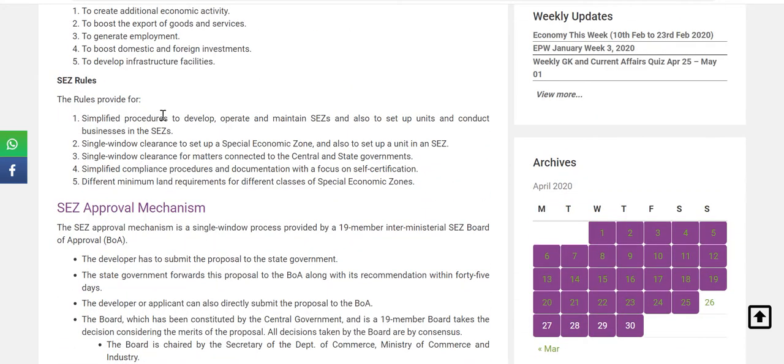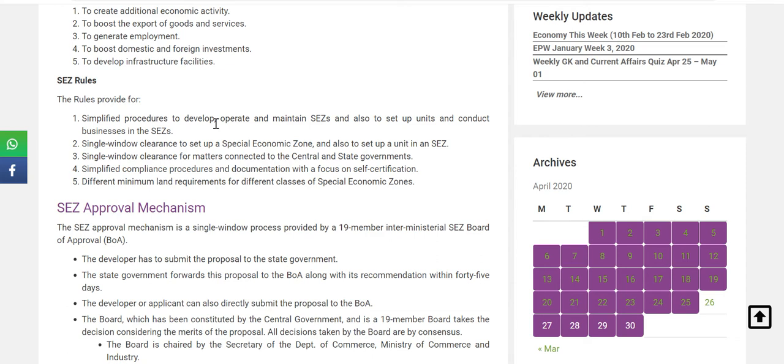Now, what are the rules for SEZ? Simplified procedures to operate, develop and maintain SEZ, single window clearance for matters related to central and state governments, simplified compliance and documentation. The objective is to make the documentation process and all procedures simple, so that the SEZ can easily come up without any hassle in procurement of land or documentation, so that there is smooth functioning